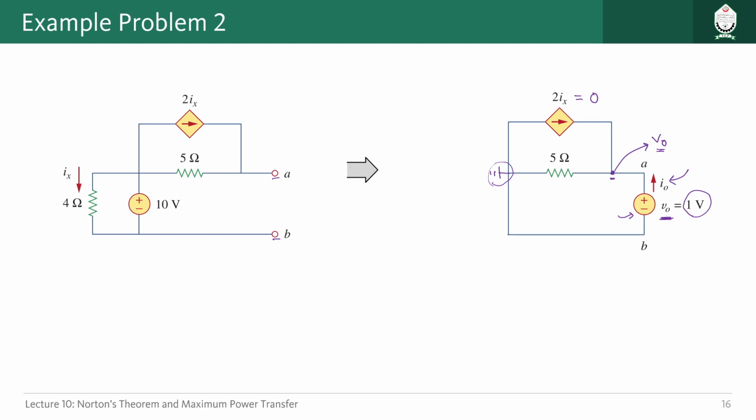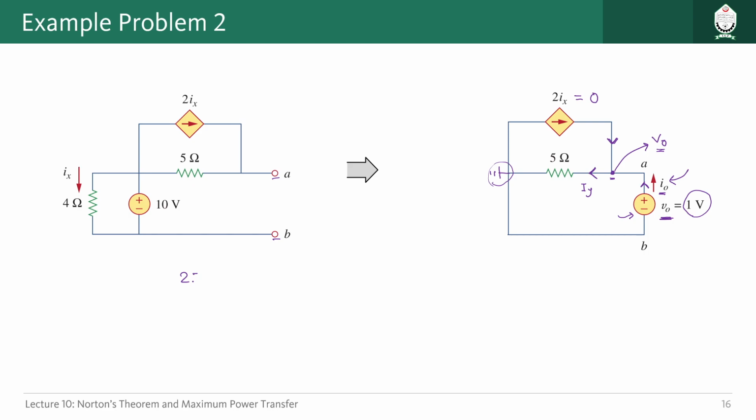Now if we try to apply Kirchhoff's current law for this node V0, we have this current flowing into the node, and also this current flowing in, which is I0, right? Both of the currents are flowing into the node V0, and we can just assume that some current is flowing out. Let us call that IY. This current is flowing through this path. So we can just write